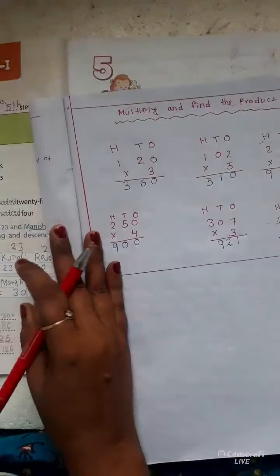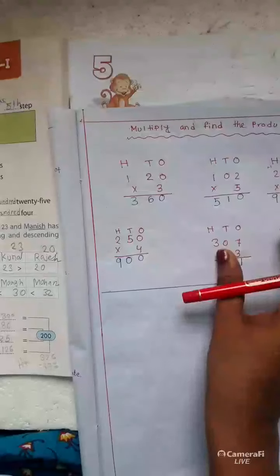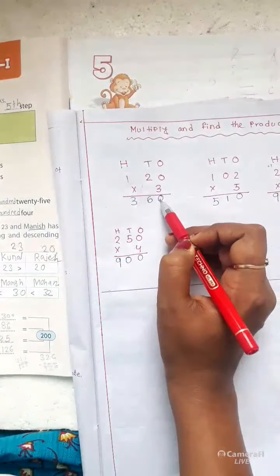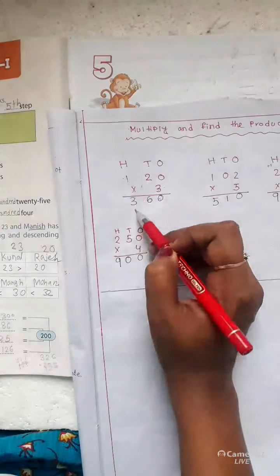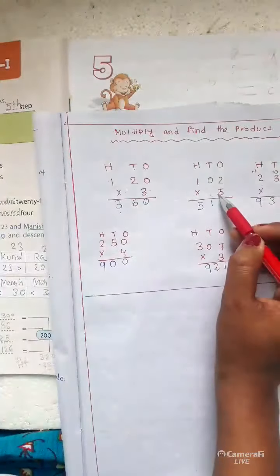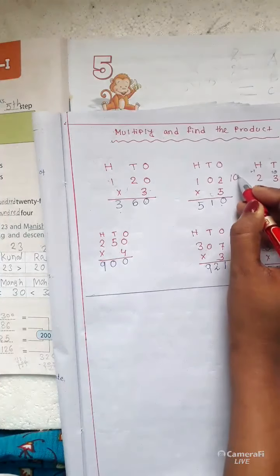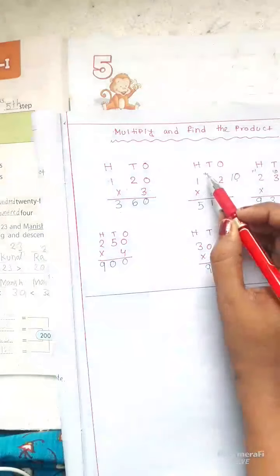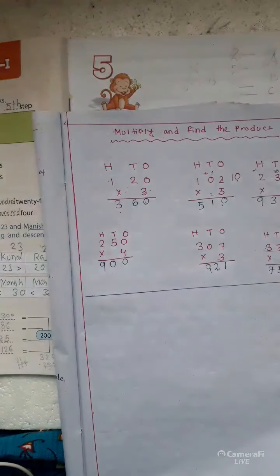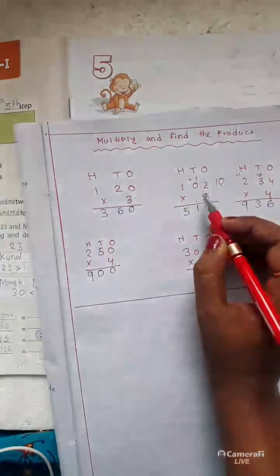Now the same thing will be followed with the 3 digit number. What is that? 3 zeros are 0, 3 into 0 is 0, 2 3s are 6, 3 1s are 3. Again 5 2s are 10, 10 means 1 0. 0 I have written, 1 will be carried over here, right children?